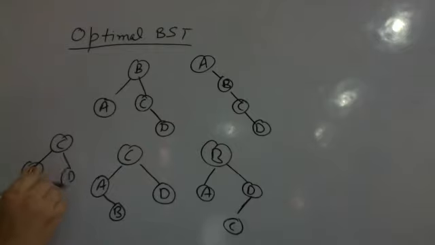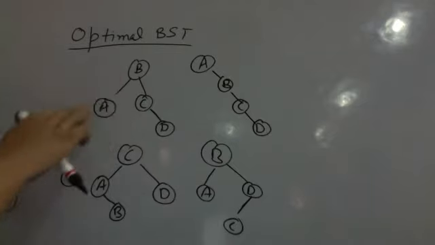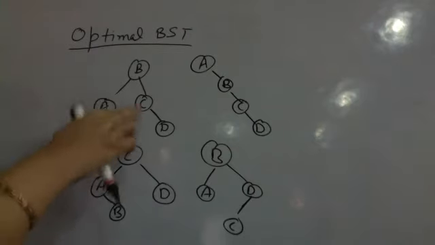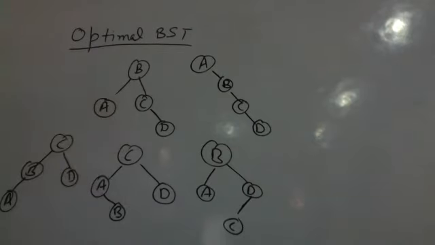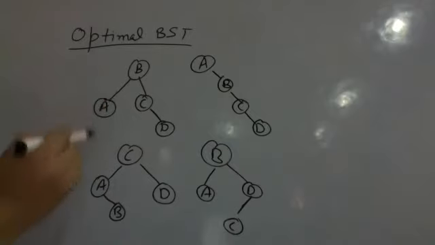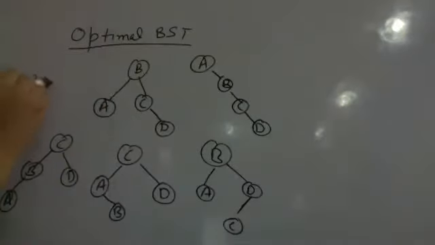And so on. So what is the property of a binary search tree? The basic property of a binary search tree is that the left child is less than the root, and the right child is greater than the root. A simple property that whatever will be the left child is less than the root, which is less than the right child of the parent. This simple property is what my binary search tree is holding.